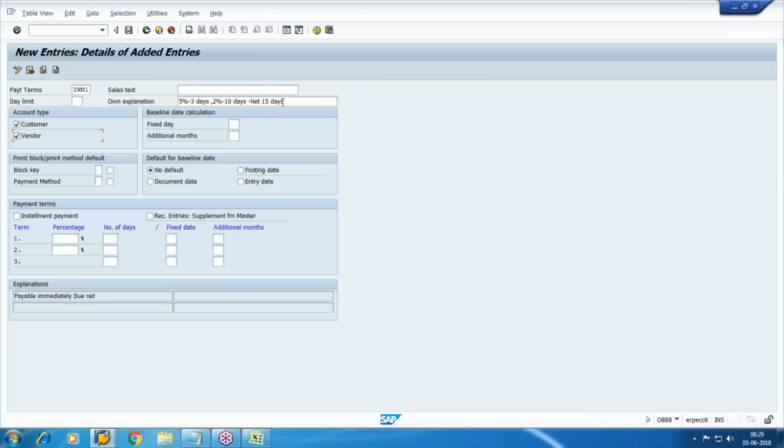This payment terms is applicable on customer, vendor, or only vendor? If it is only applicable to vendor, then uncheck the customer. And here we have an option